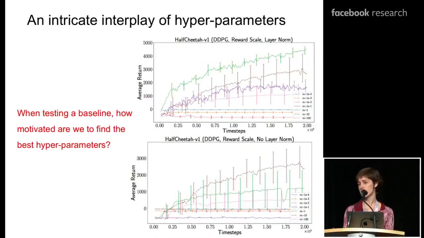And furthermore, it's not always useful to look at a single hyperparameter in isolation. When we start looking at the interaction, the interplay between these hyperparameters, we also notice some significant effect. In this case, we're comparing on the top the different reward scales. You're doing reinforcement learning, there's a reward. Are you going to rescale your reward between 0 and 1, between 0 and 10, between -1 and 1? Depending on which rescaling you use, you get really different results.